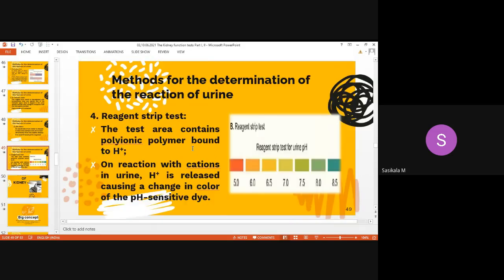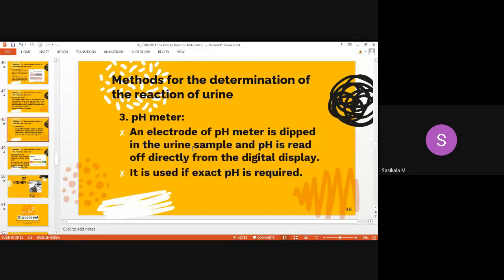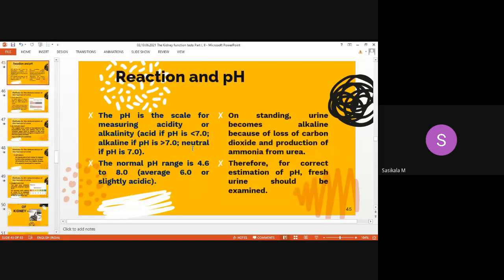And with this, I'm completing the macroscopic and physical examination of urine. In the next class, we'll see semi-quantitative and quantitative tests for urine samples. I hope you have understood the 6 tests carried out to know about the macroscopic and physical nature of urine. What are the 6 parameters we have seen? Can anyone say? As physical examination, we analyze the urine sample in clinical laboratories.